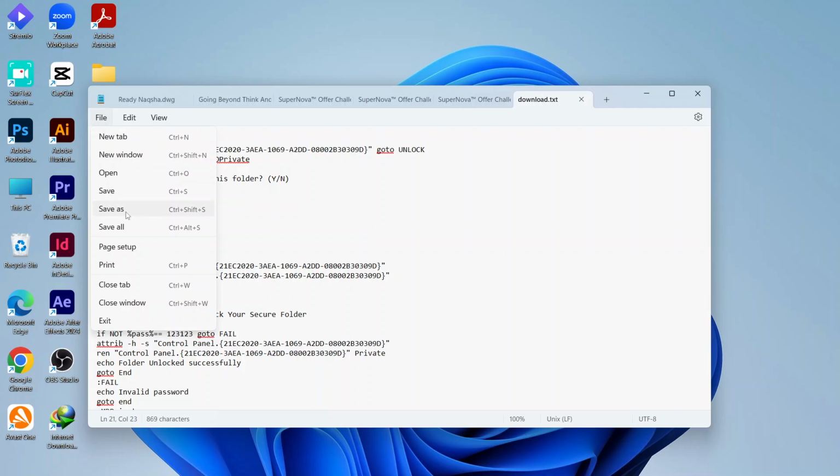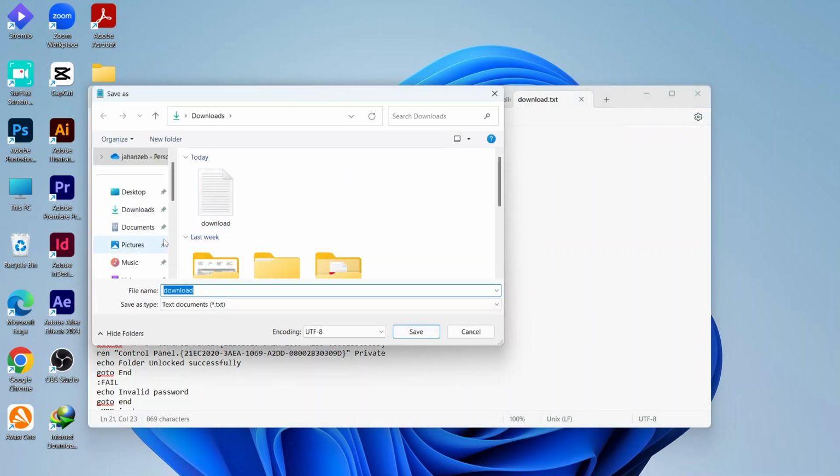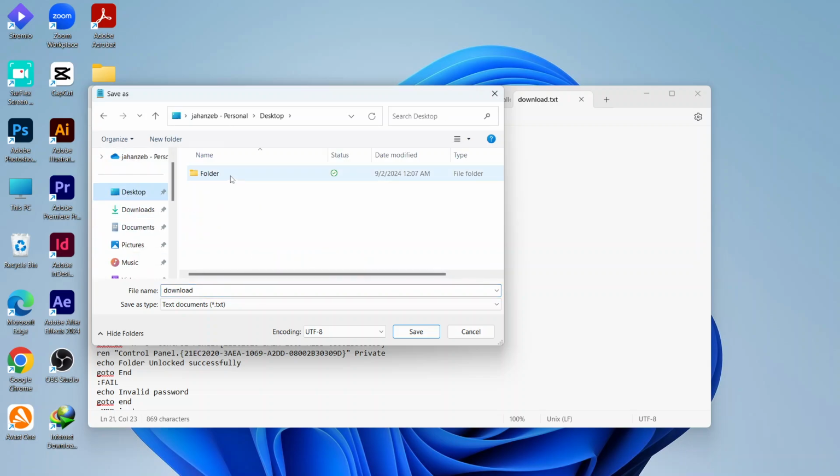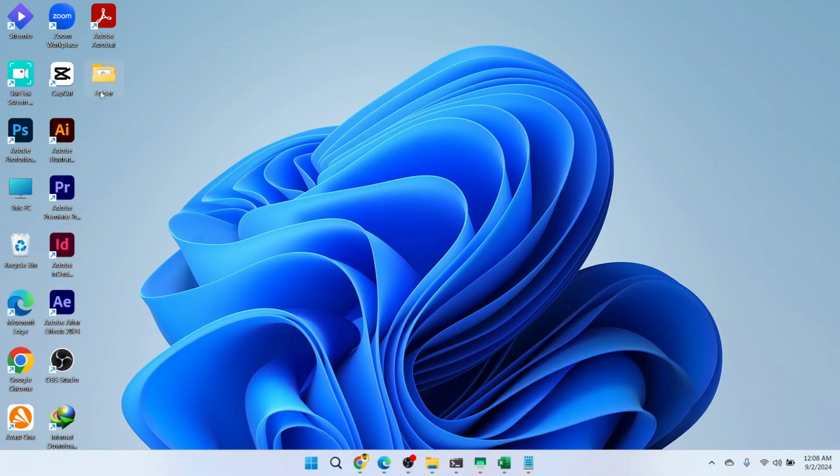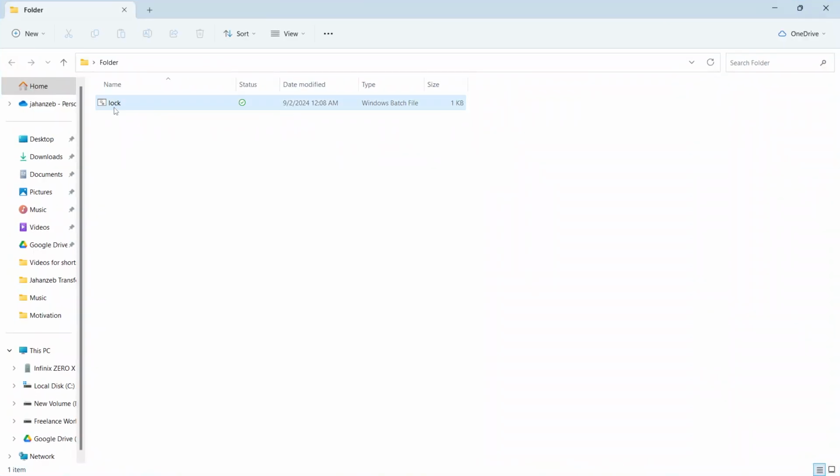or you can click on save as and choose the location. So I'm going to select desktop, and here you need to add download dot, and here you need to change it, so let me select the folder. So lock dot bat, click on save, close that, open this folder, and now you simply need to open this